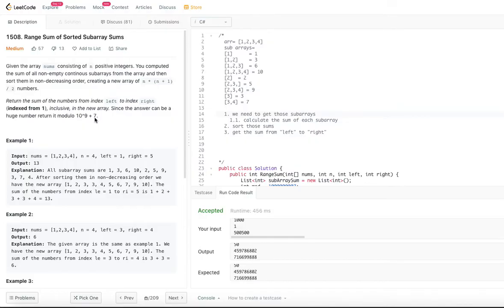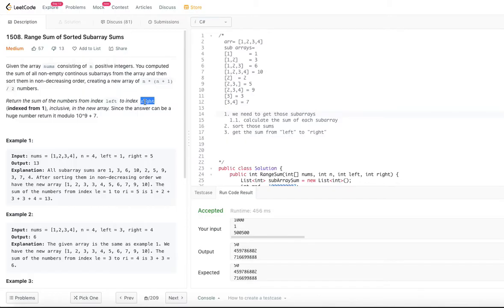Once the sums are sorted, we're asked to get the sum from index left to index right. We don't know what those indices left and right are yet, so we will be given those index numbers.